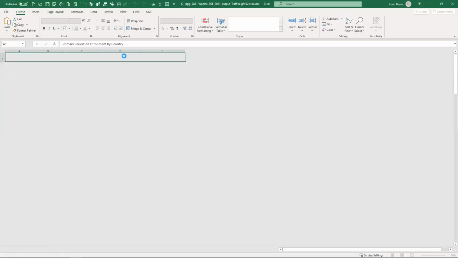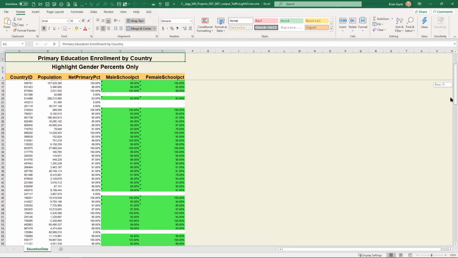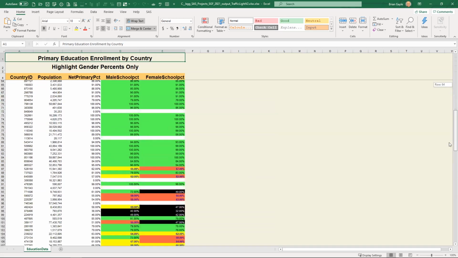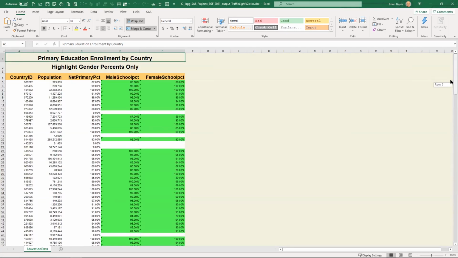And when we open this up now, we'll see down below, the tab is now named what I named it, Education Data. I have my different style applied, Harvest, and here are my titles. Here are the column headers, and those are now frozen. They're not going to scroll off as I scroll down the page for the rest of the report. You'll also note I've got white over here on all of these.